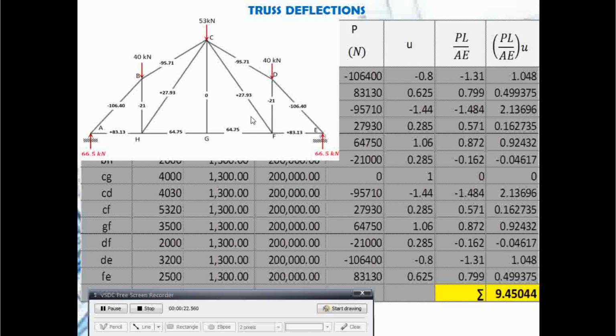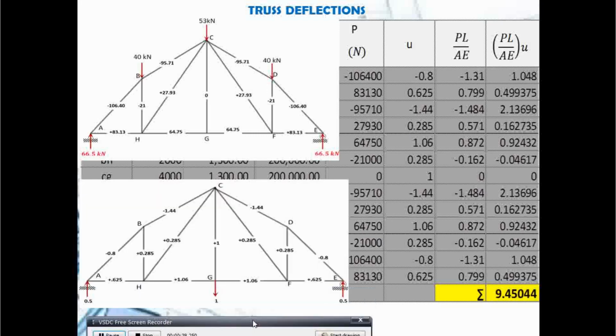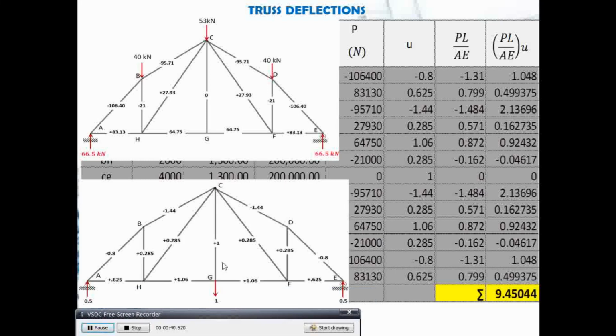Again, yung mga values na nakikita nyo, that was solved using the method of joints and sections due to the external loads, 40 kilonewtons and 53 kilonewtons. Yung namang U, that came from this diagram kung saan yung mga numbers na nakikita niyo dito sa mga members, those were solved due to the unit load that we have applied. Substituting the values in this table,